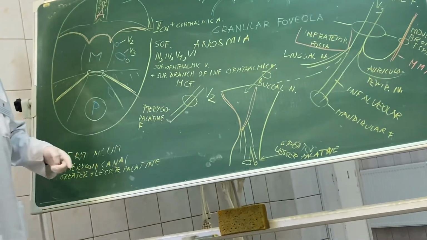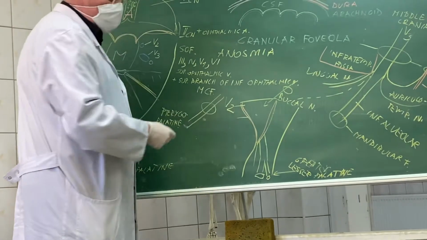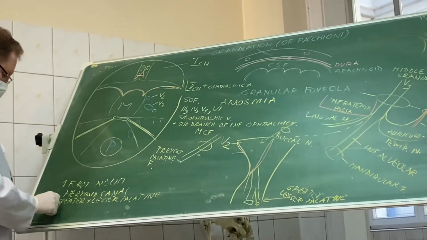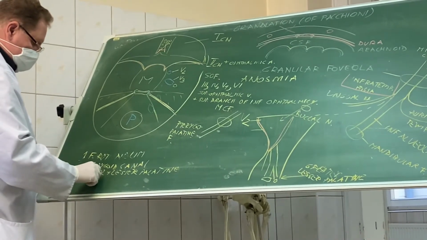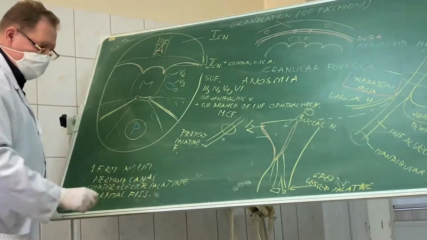Now, the next communication, which is a big gap in front, this is the inferior orbital fissure, which communicates it with the orbit. Inferior orbital fissure. Naturally, when you see the